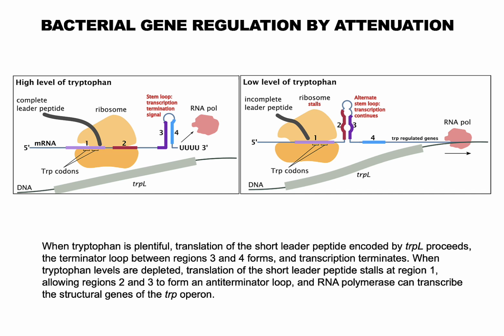If tryptophan levels in the cell are high, the ribosome will translate the entire leader peptide without interruption and will only stall during translation termination at the stop codon. At this point, the ribosome physically shields both sequences 1 and 2, and sequences 3 and 4 are thus free to form the 3-4 structure, which terminates transcription. The result is that the operon will be transcribed only when tryptophan is unavailable for the ribosome,